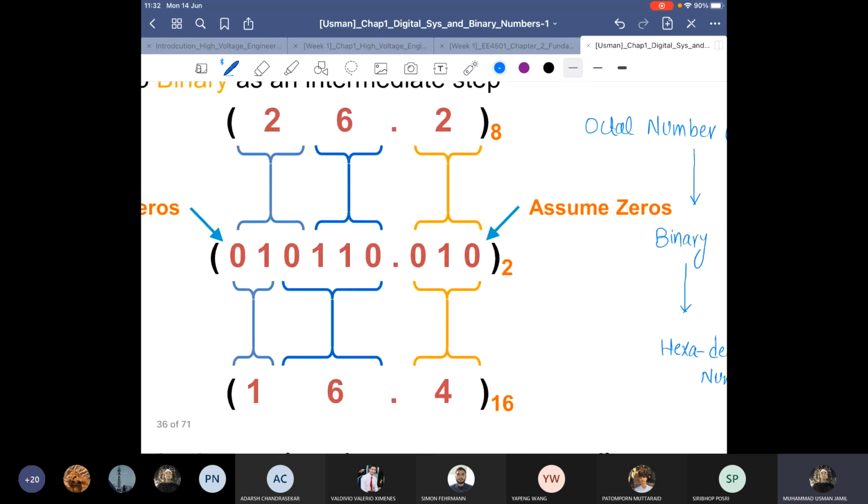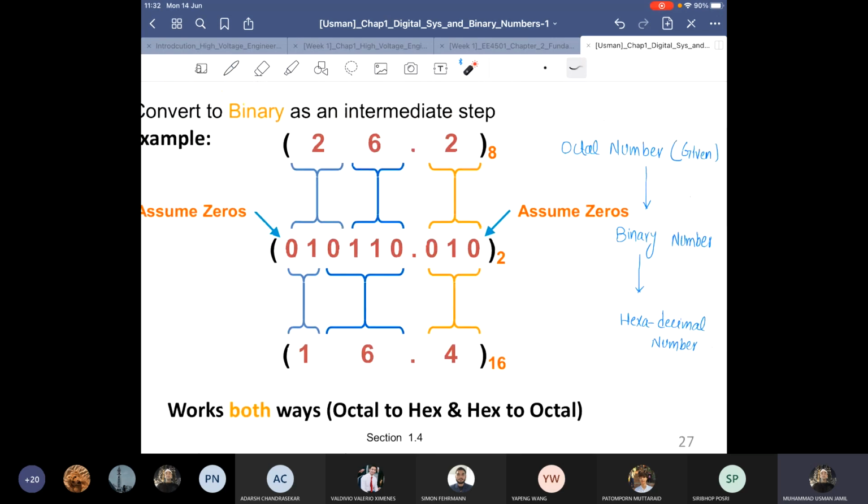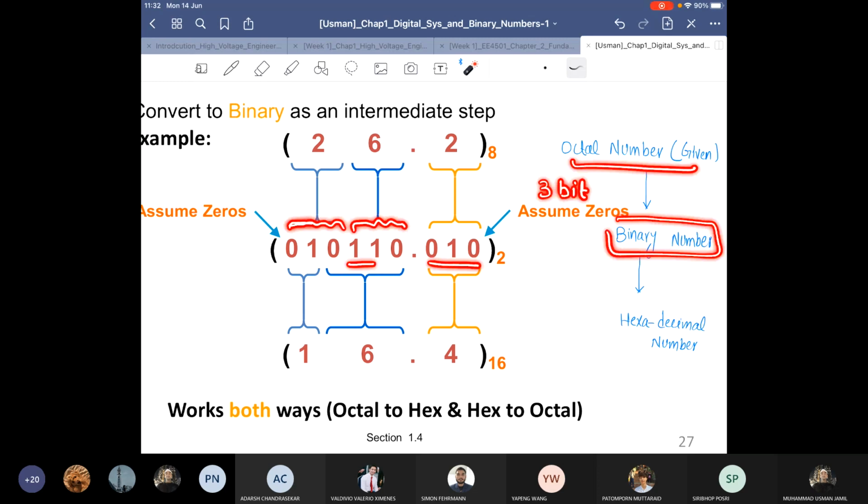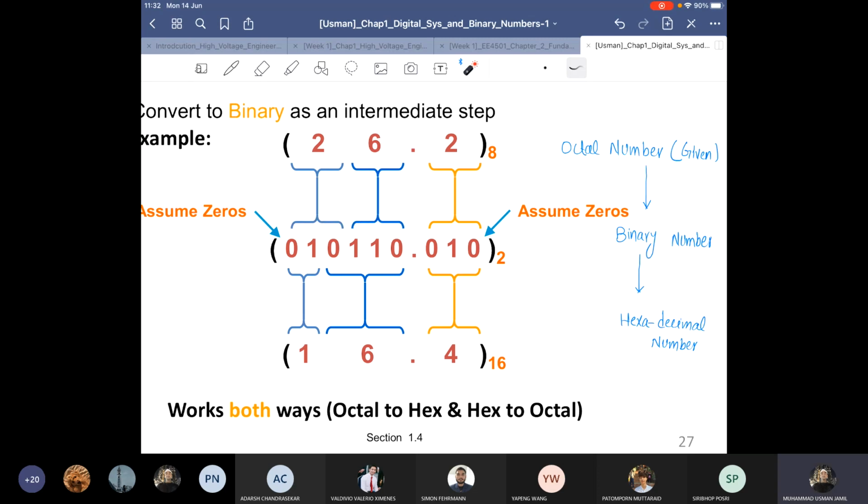But remember here, when we come from octal to binary, we have 3 bits, okay? You can see 3 bit, 3 bit, 3 bit. But when we want to convert binary to hexa, we need 4 bits. So now make the pair 4 bits.